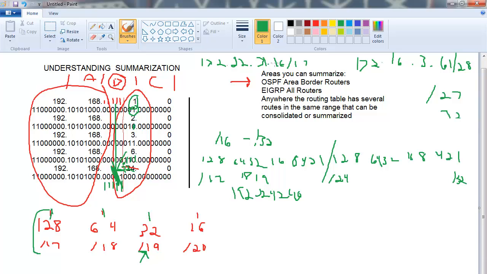So then you got to come down here, figure out, well, 17's right here, by looking at it, yes it is. Then you got to figure out what your range is, 128, so you have to go 128,